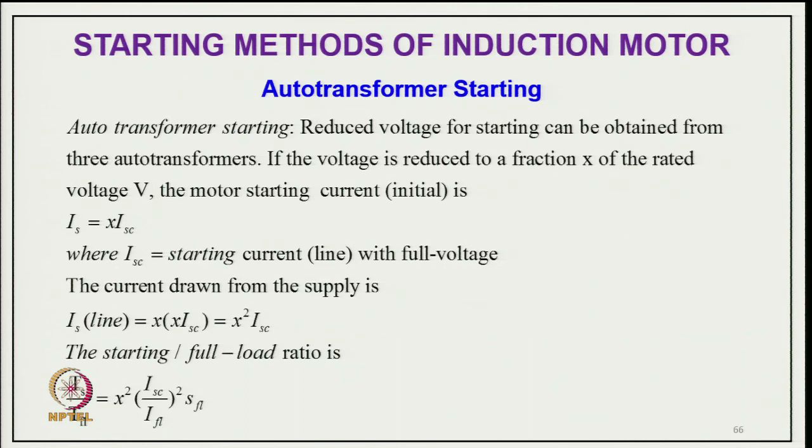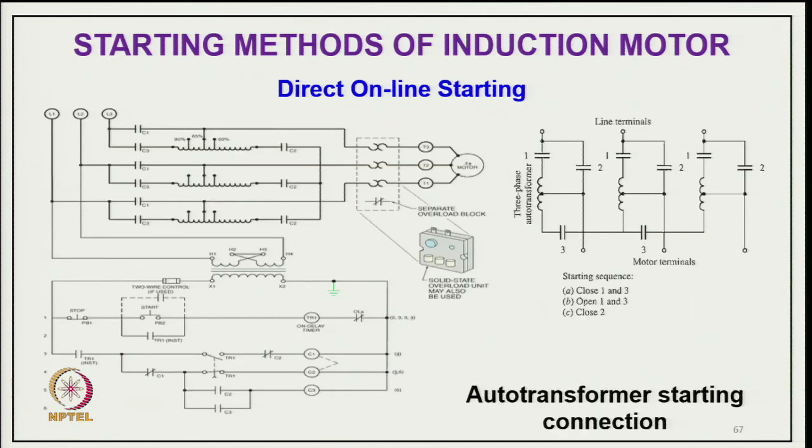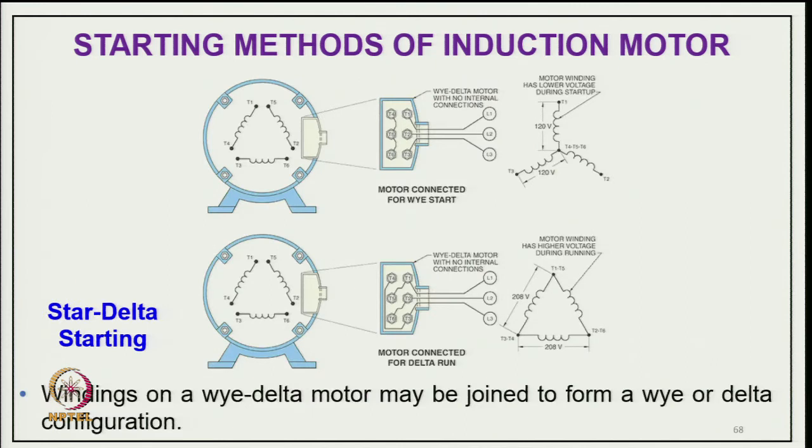So, torque is also reduced accordingly, and this is typically how you can call it auto transformer starting, with different kinds of connection methods, and this is typically your star delta starting. So, first we connect the motor in star, then we go to delta. In star connection, the voltage across the winding reduces by 1 by root 3 and current drawn from the supply reduces